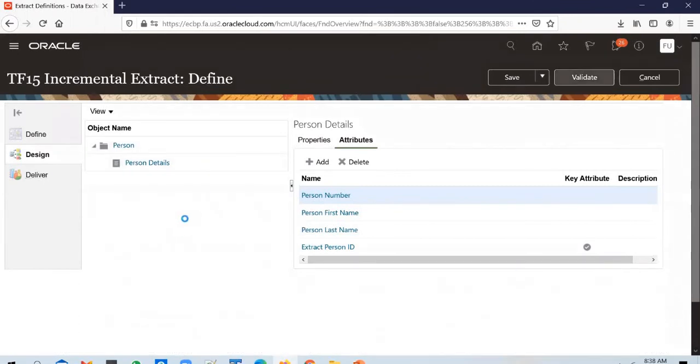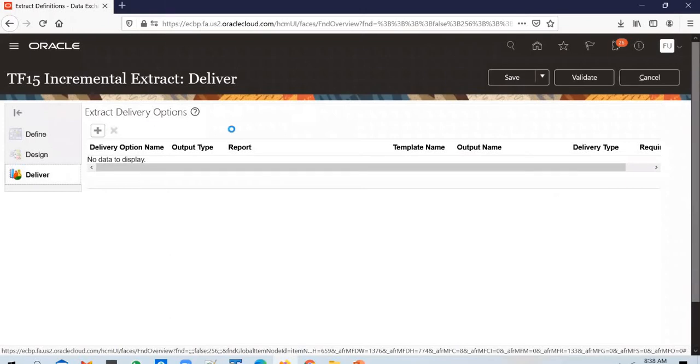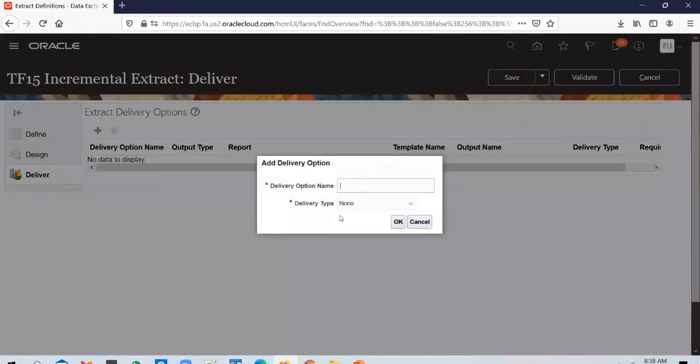So let's go ahead and add in the deliver options as well. You can say upload to UCM.